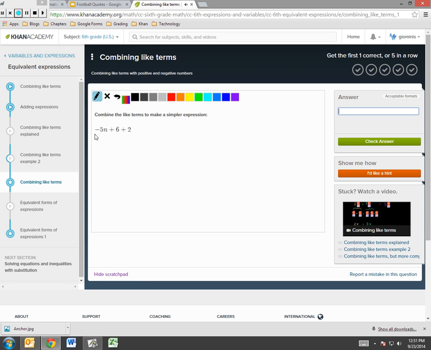Let's do one more for good measure here. Negative 5n plus 6 plus 2. Well, first of all, this is the only term that has an n in it. That'll stay by itself. And you notice, boys and girls, I've always been putting the one that has the variable first in the algebraic expression. I usually leave the whole numbers towards the end. And we have 6 plus 2. 6 plus 2 is 8. It's a positive 8, so I have negative 5n